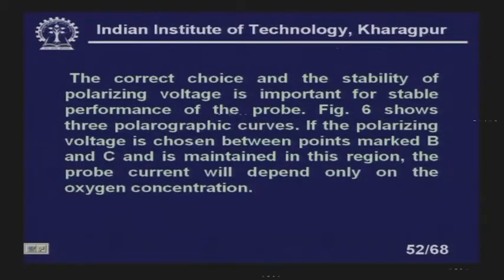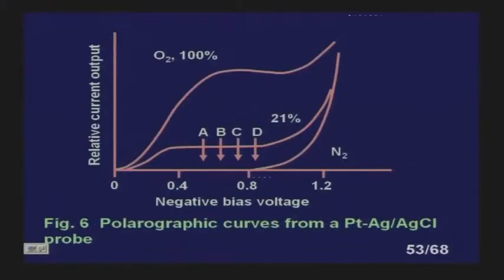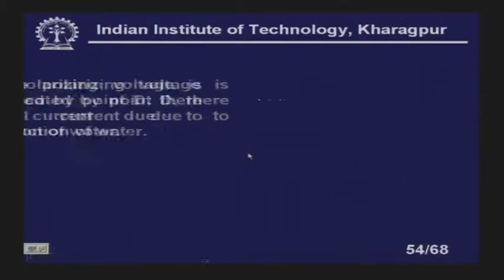The correct choice and the stability of the polarizing voltage is important for stable performance of the probe. Now, figure 6, the next figure, shows the 3 polarographic curves, which are also called polarograms. If the polarizing voltage is chosen between the points marked B and C and maintained in this region, the probe current will depend only on the oxygen concentration. Let us look at this. You see here, if it is between B and C,